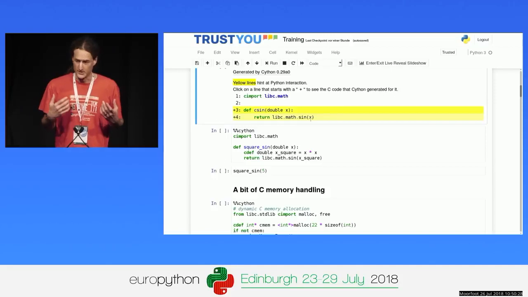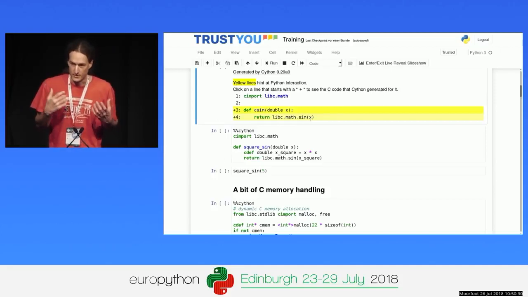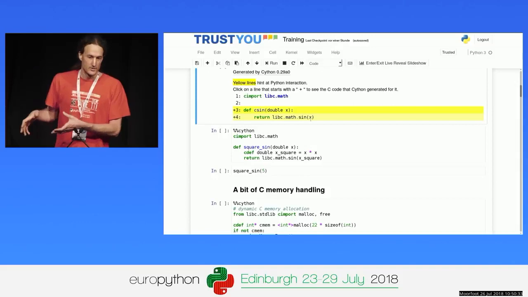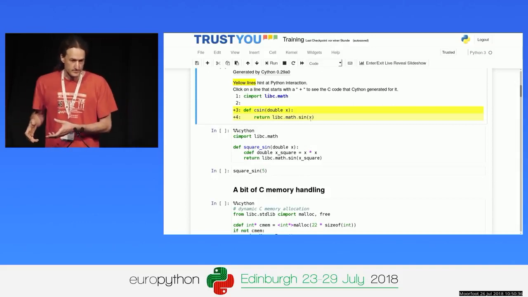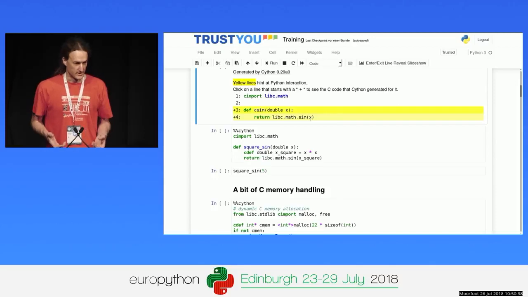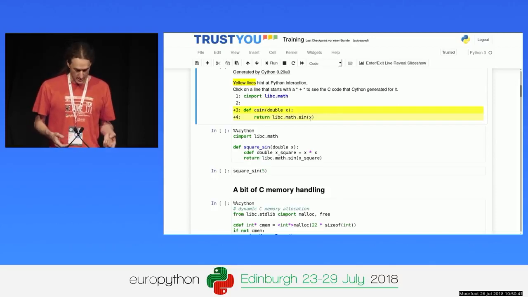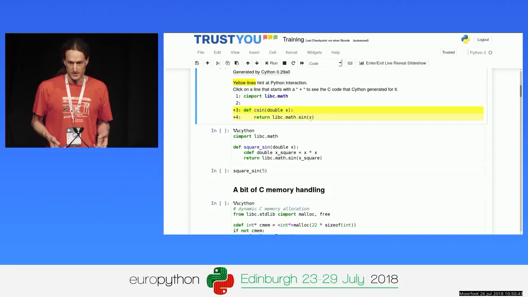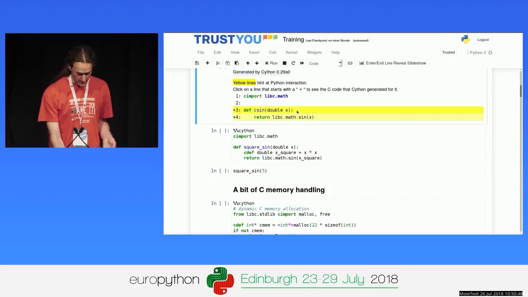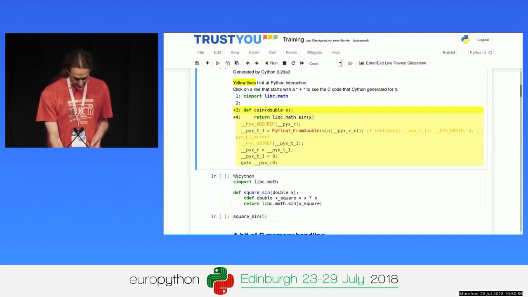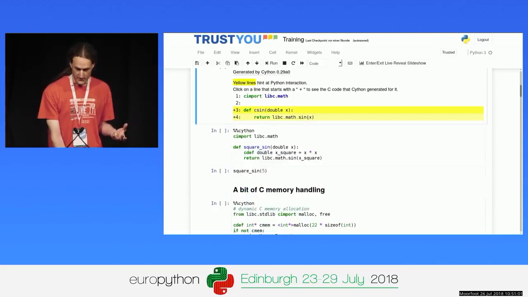And if my goal is to convert my code into fast C, not using objects but using native data types, then any yellow line is probably worth looking at. Okay, and the darker the yellow, the more object interaction is going on. Which is kind of obvious in this case. I mean, there's a signature, so type conversions, error checking, exception handling, stuff like that. Lots of interaction going on there. And this line is really just converting the end result of a C call back into a Python object. So there are fewer operations going on here.